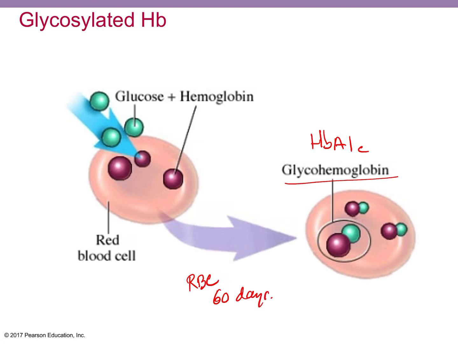Then if you have a blood draw, the blood that you have there is going to be something that's been in your body for about 3 months. So you can actually look at a long-term picture and see whether a person's had elevated glucose levels for quite a long time. So this blood test can measure the amount of glycosylated hemoglobin, right? And they can get this average over your 2 to 3 month span before the test. And you can get an average blood glucose level by the amount of